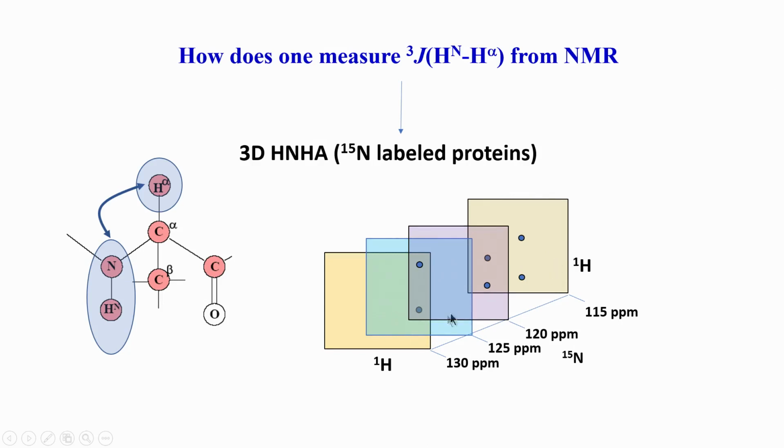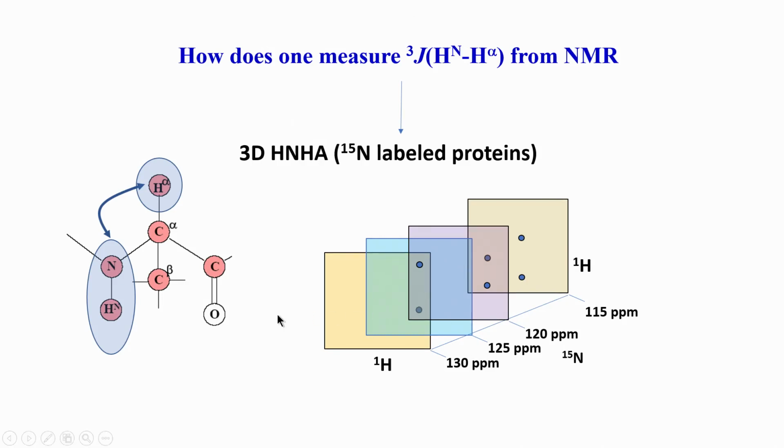So, a 3-dimensional experiment consists of planes in one of the directions, and the other two dimensions are in the plane. So, this is a collection of planes along one dimension. Okay, so a collection of 2D planes is a 3D. This is something we have been seeing repeatedly in the previous part of the course.